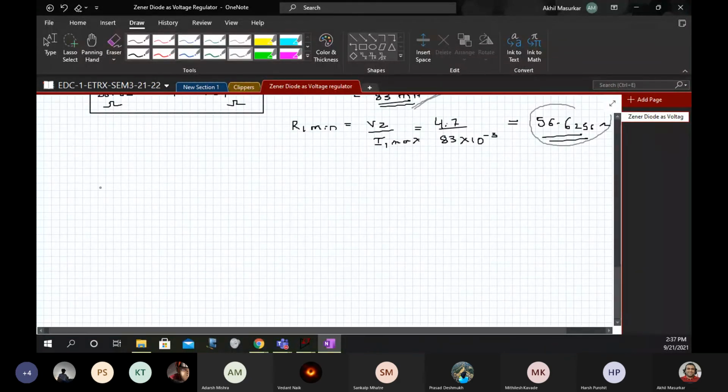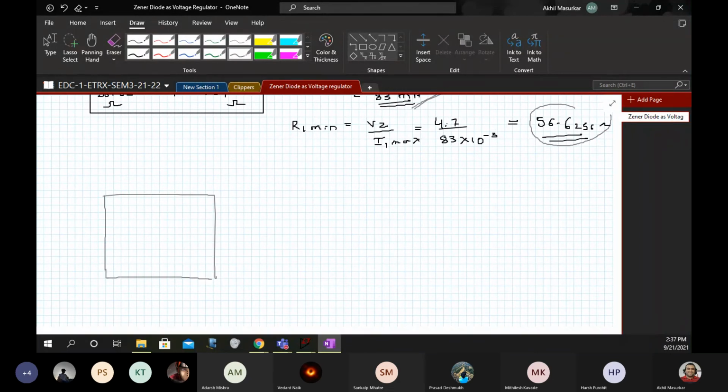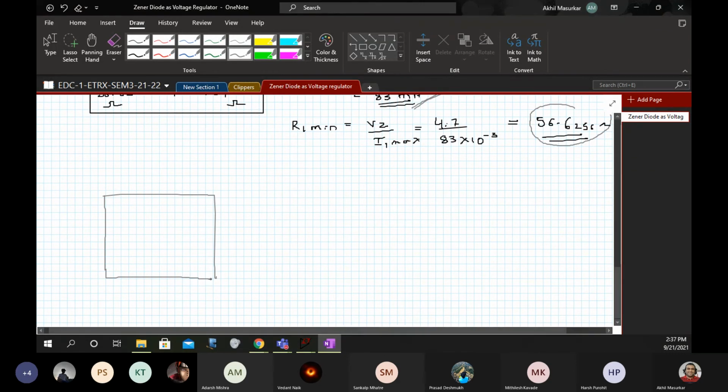Let's say that you have a solar panel. We have a solar panel in our lab also, and a solar panel would cost around 1000 to 1200 rupees. So one can also consider buying it if somebody wants to build a charger from a solar panel.